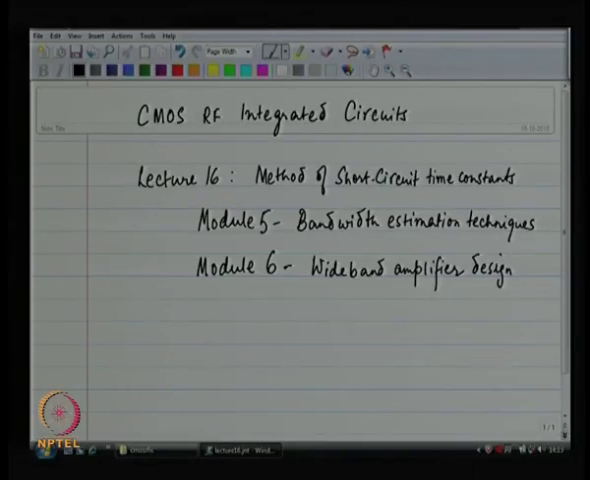to CMOS RF integrated circuits. Today is lecture 16. As part of lecture 16, we are going to finish with the fifth module, that is bandwidth estimation techniques. As part of that, I am going to discuss the method of short circuit time constants, and then hopefully, if time does permit, we are going to start the new module